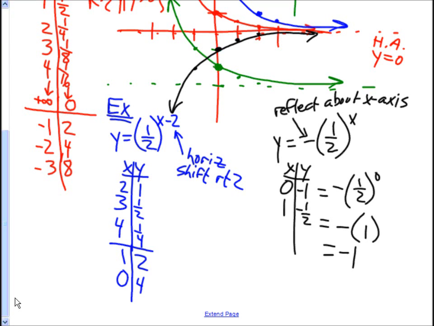So let's look at some models. Okay, so modeling exponential decay. All right. So if you have something that has a real life quantity, it decreases by